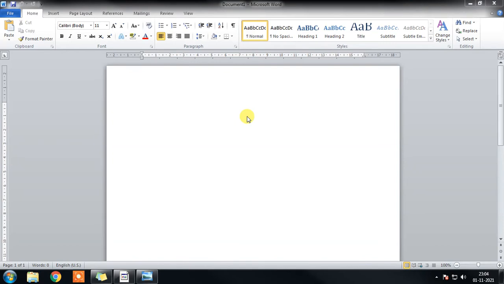First, let's start with the title bar. The top strip of the program window is known as the title bar, and now let's see what are the components in them. To the extreme left of the title bar, there is an icon with W that is called Word icon, because this is a Word program. And next to the Word icon there is a section with a group of icons from here to here. This is called Quick Access Toolbar.